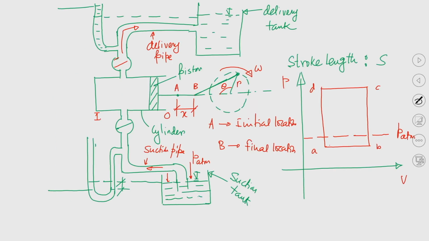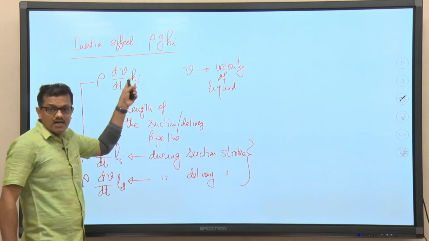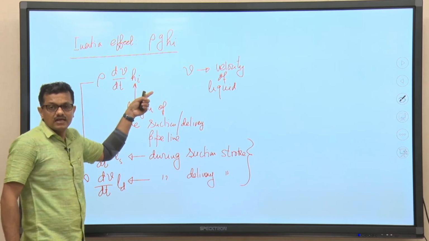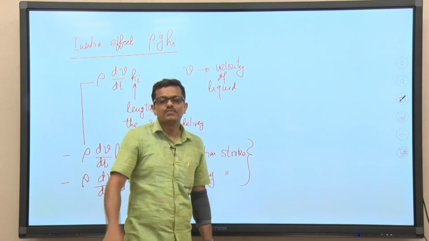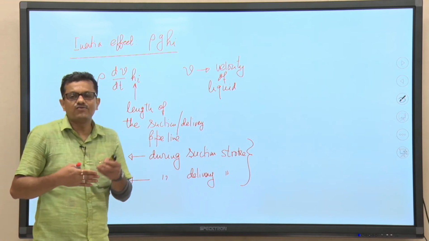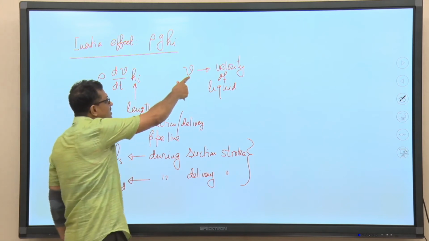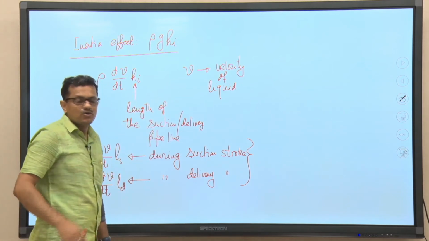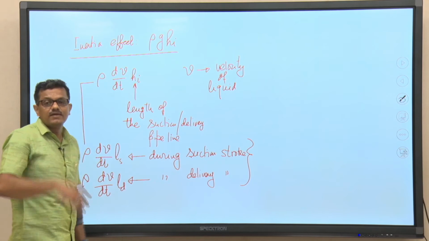What I was discussing is very important to understand: the liquid velocity will be governed by the velocity of the piston. So, to calculate the additional pressure drop or increase in the cylinder because of the acceleration and deceleration effect, we need to relate the liquid velocity to the velocity of the piston, otherwise we will not be able to calculate it. That piston velocity is essentially driven by a prime mover.